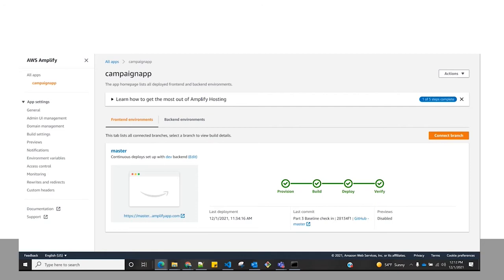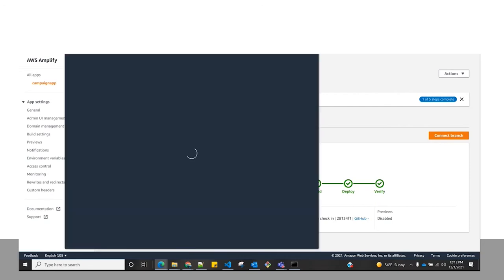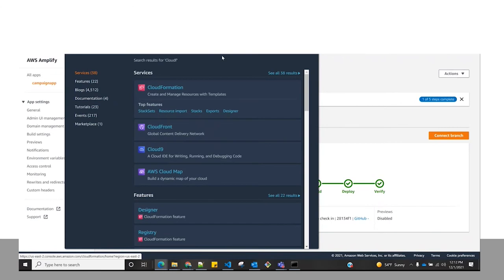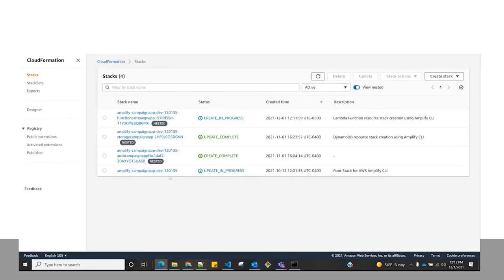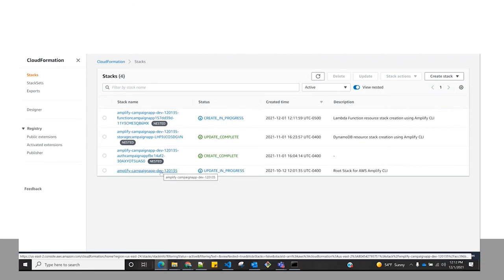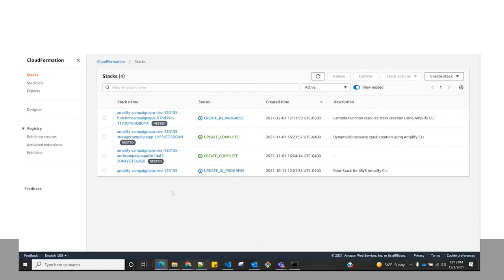Let's do that. And you can see here the update is in progress. And if you go into each stack, you can see more details of the resources that have been